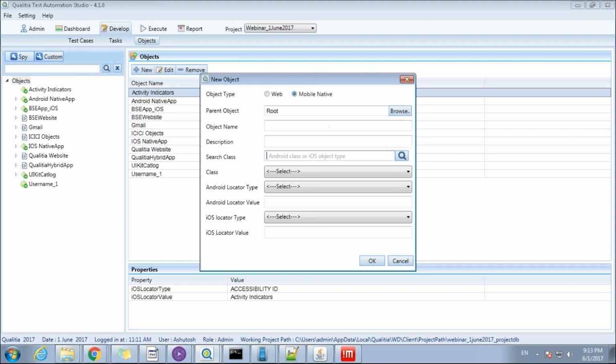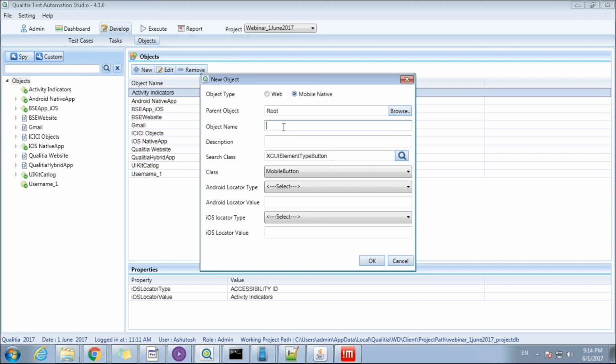To keep it simple for the user not to remember the names, the user can copy paste the class name or the type name within Qualicia over here, and when you search, it will map to a class. In this particular case, it maps to a mobile button class, which is going to be the same across both Android as well as iOS.